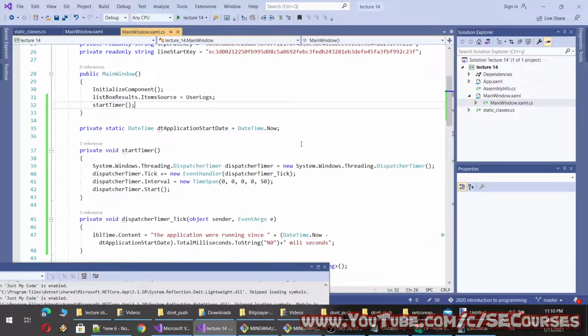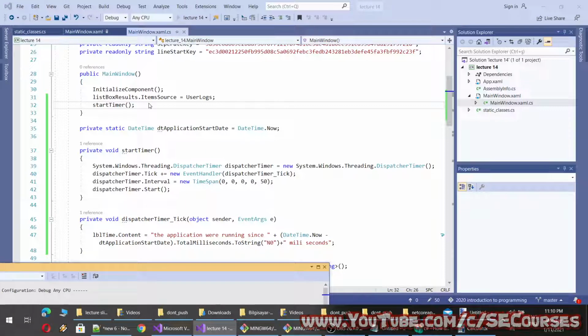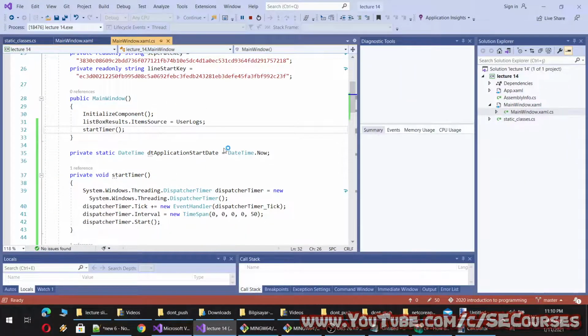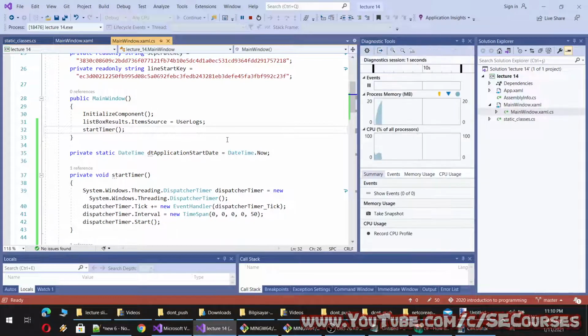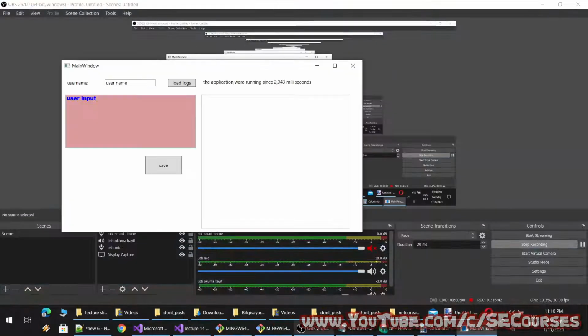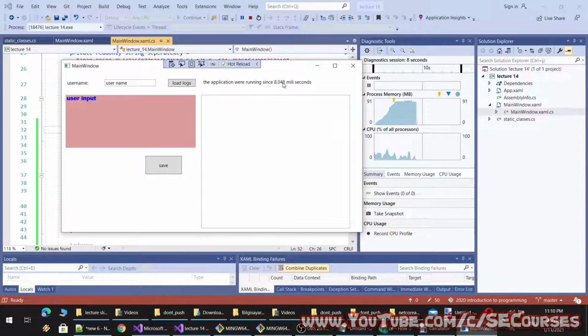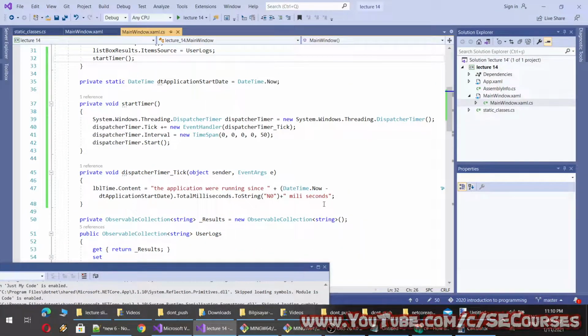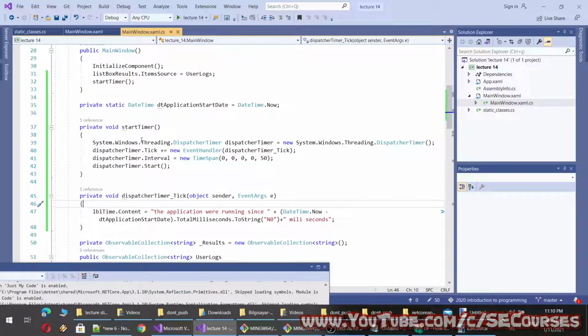Okay, this is more like the stuff of the next semester, in advanced programming, but you will get idea of how it works, since we have talked about it. Okay, it is updating. You see, it is updating with every 50 milliseconds, and 1000 milliseconds is being second. Okay, so I guess it is being still able to access the label, I mean the main thread elements.